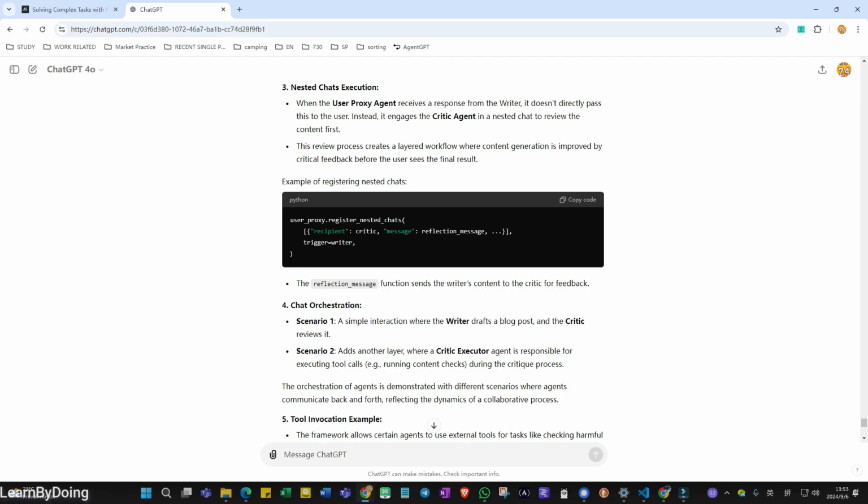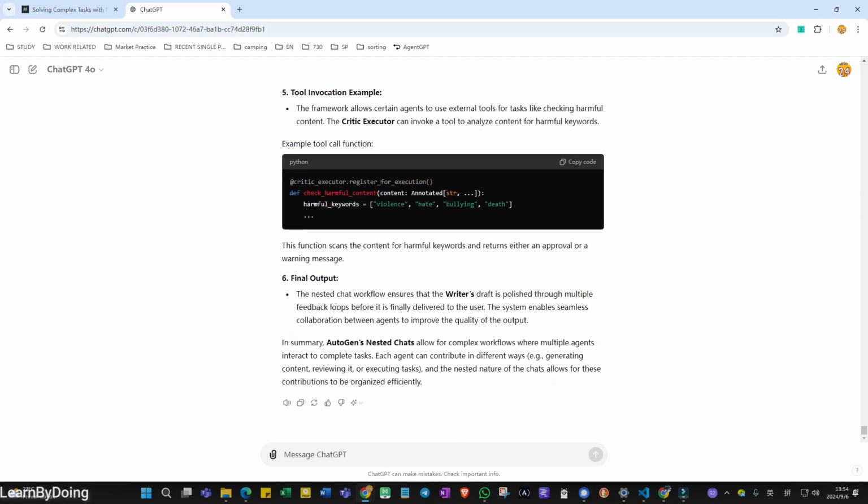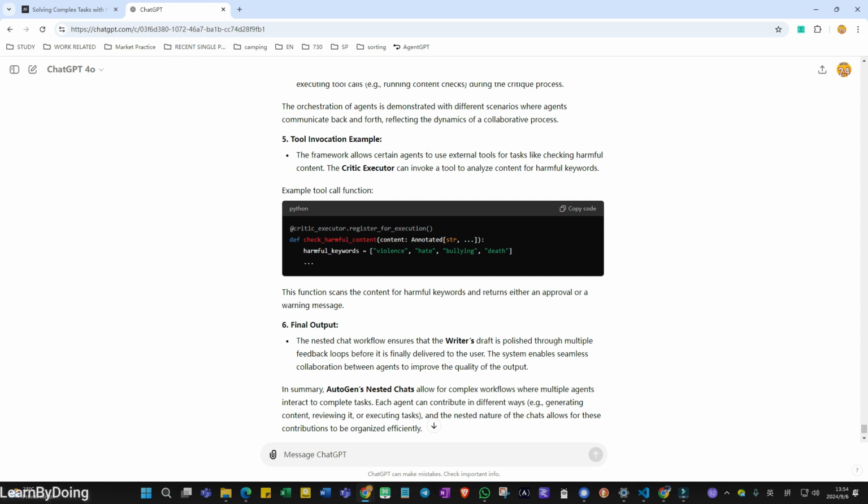Like when you ask the agent to write a story for you, it will have a critic in the nested chat. The critic will critique it and also improve the writing with the writer, and then present you the final result. Of course, if you want a more complicated, complex nested chat structure, you can do that. But I would suggest that when you handle a package like AutoGen, just do gradual improvements or gradual modification. Later, I'm going to show you some of the journey, some of the experience I had during this period of